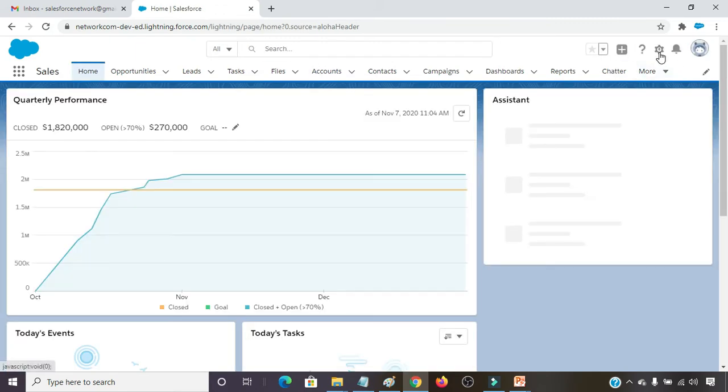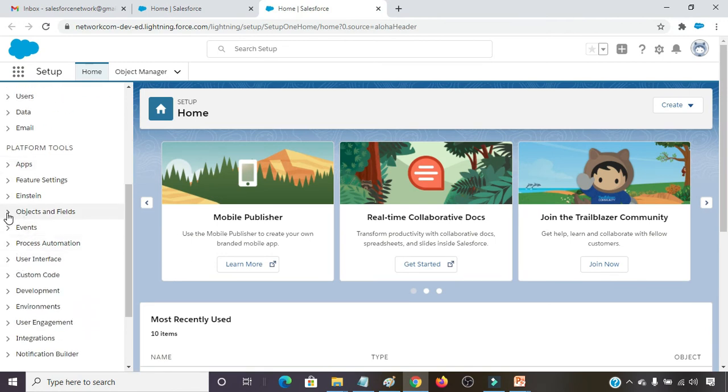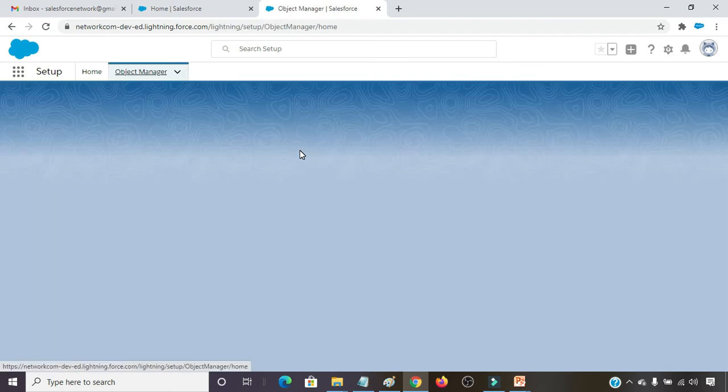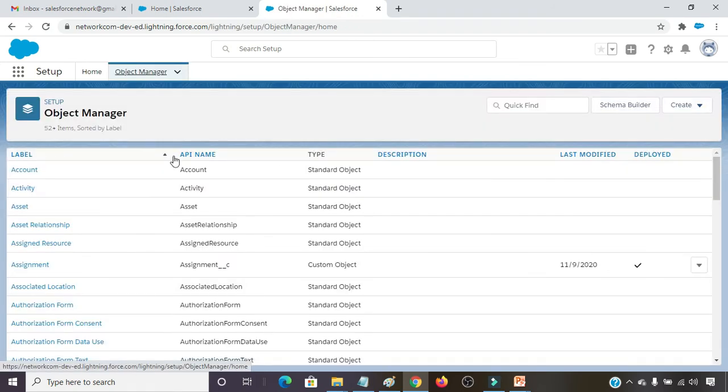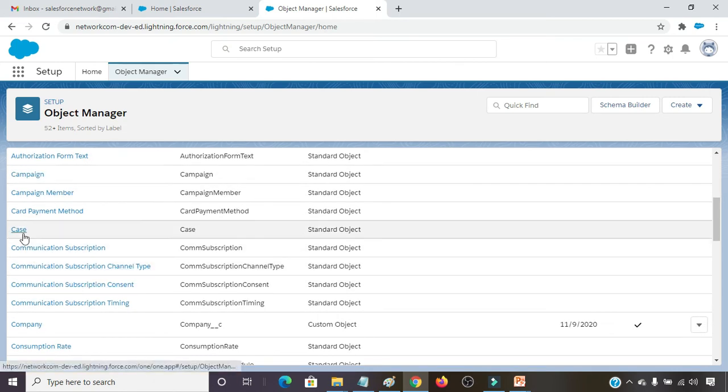Then on the right hand side I have to click on setup, platform tools, objects and fields. Click on object manager. Choose the object, in our case contact object I have to choose. You can search over here or you can directly type the name here, contact.